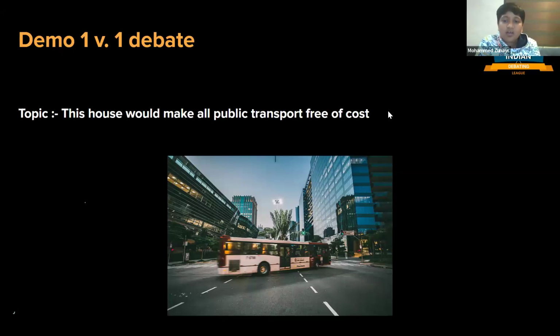Environmental and social impacts. The proposition claimed that making transport free would solve environmental and social issues. But that argument lacks depth. We have shown that overcrowding due to indiscriminate use would harm those who genuinely depend on public transport. Instead of increasing accessibility, it would create a system in which overcrowding diminishes the quality of service, defeating the purpose of making it free for all.